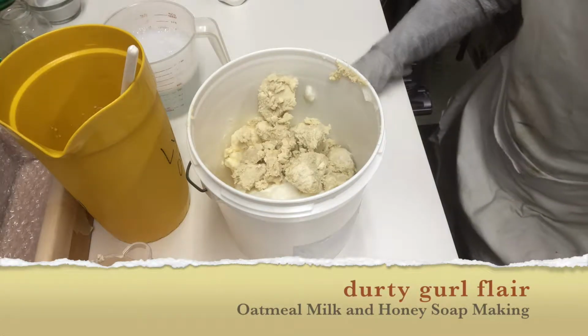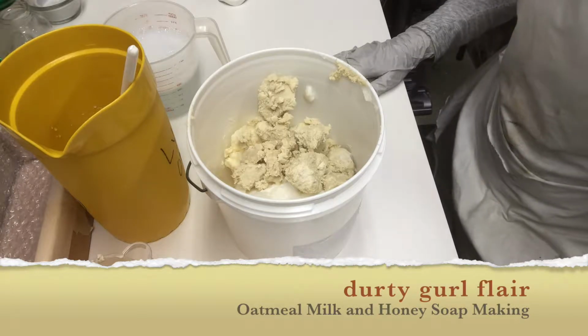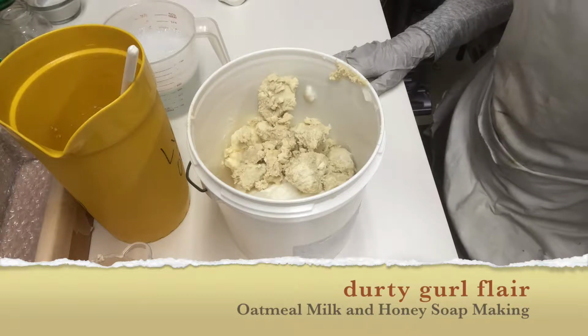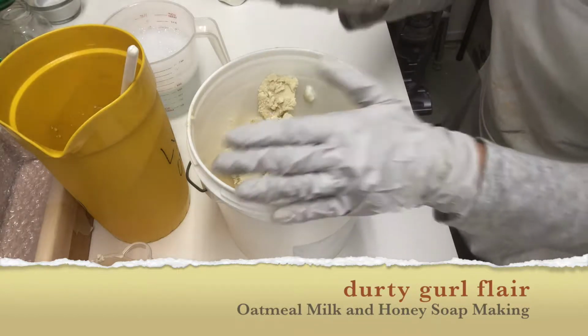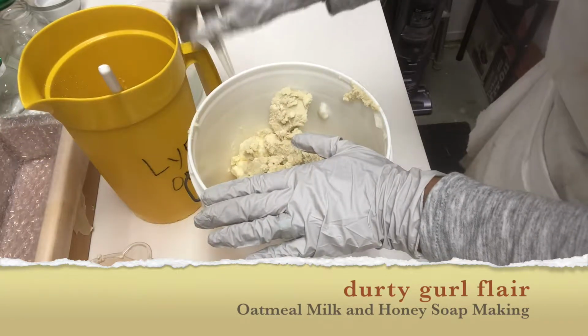All right, here we are at the soaping table, and we're getting ready to make just some unscented, uncolored oatmeal milk and honey soap. I have my hard oils here. I'm going to do the heat transfer method where I pour in my